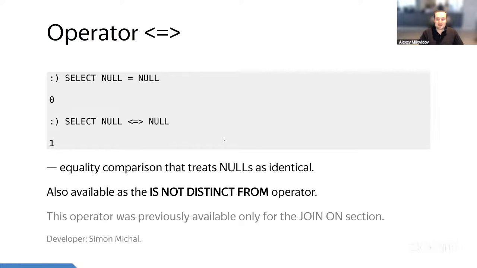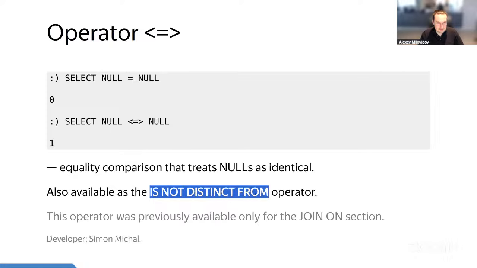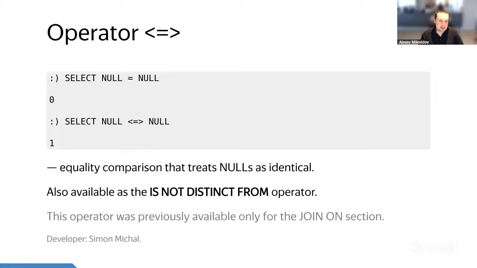What else? A new operator. The new operator looks like this, like a star shape. It can be written as this combination of characters, or in a long form, it will be IS NOT DISTINCT FROM. What does it do? It is similar to the equality comparison, and if you do just an equality comparison, it will compare nulls like not equal to each other. So null is